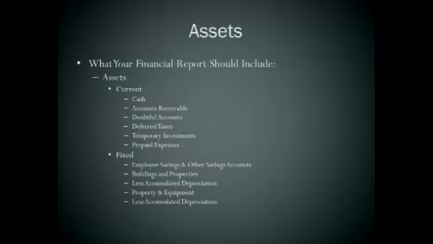That would be a fixed asset. Of course, you're going to have accumulated depreciation. This is for things like your property and equipment, or maybe it could account for inflation rates if you do have savings accounts, things like that. It's good to have this set up, but bring it to your accountant, bring it to your CPA. They're going to tell you what we're missing here, and they're going to make sure that you have everything you need to get a real good snapshot of the value of your firm in terms of